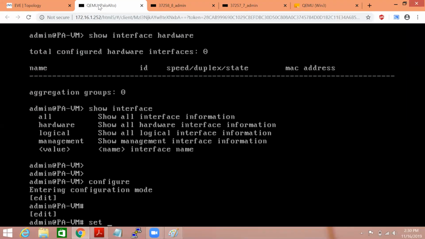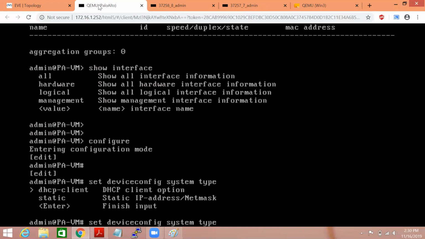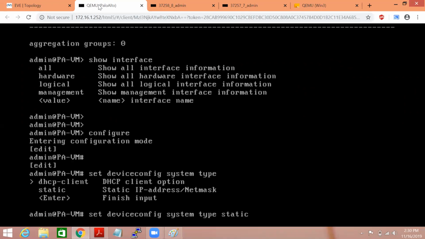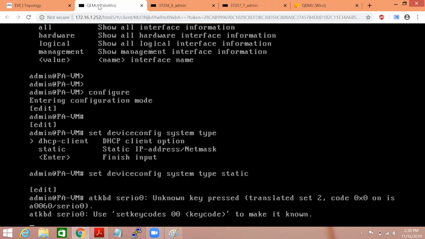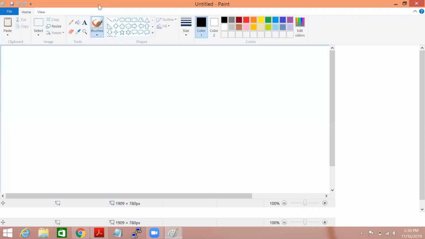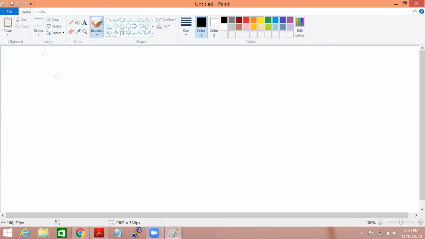The first command we have to use is set deviceconfig system type. By default it is in DHCP client mode. If we want to change from DHCP client to static, we first have to change the type to static. If you just type commands, it doesn't commit. If you perform any kind of configuration change and save it, it will always be part of the candidate configuration.